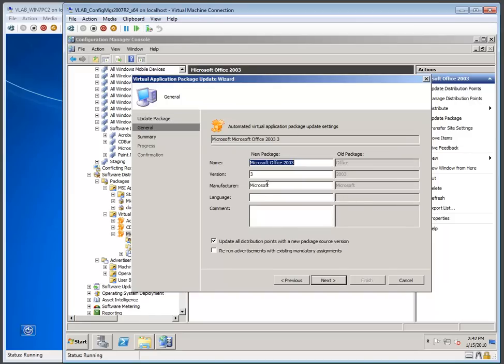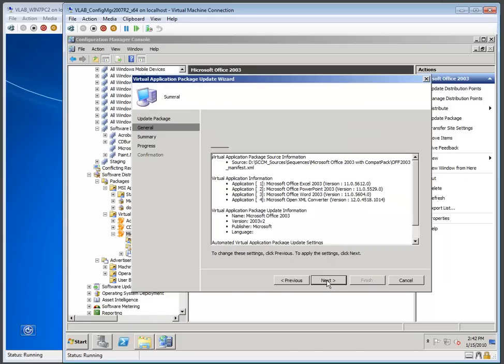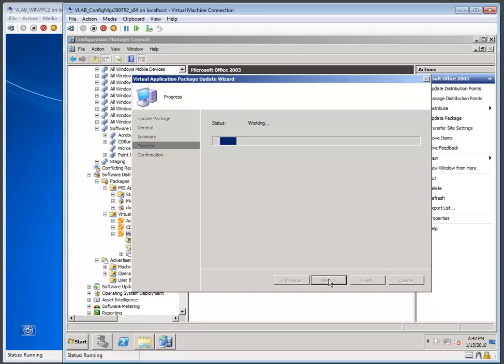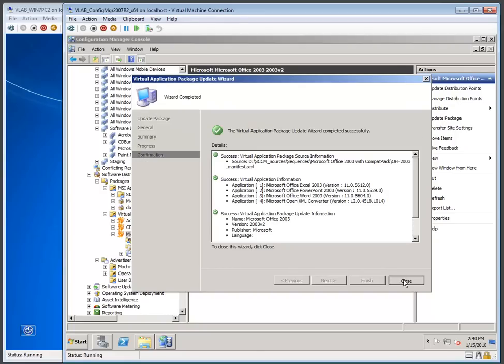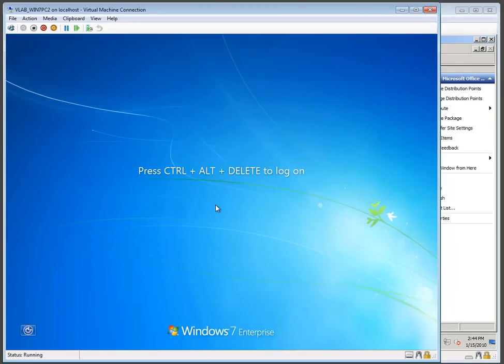So in the next screen I can edit some general information about the package. I'm going to tell it that it's 2003 version 2 or something. And there are two checkboxes at the bottom that tell me to update all the distribution points, and that's definitely something I want to do. And I also want to rerun the advertisement so that the existing users do not have to do anything to get the new application version on their machines. So let me finish up the wizard here,